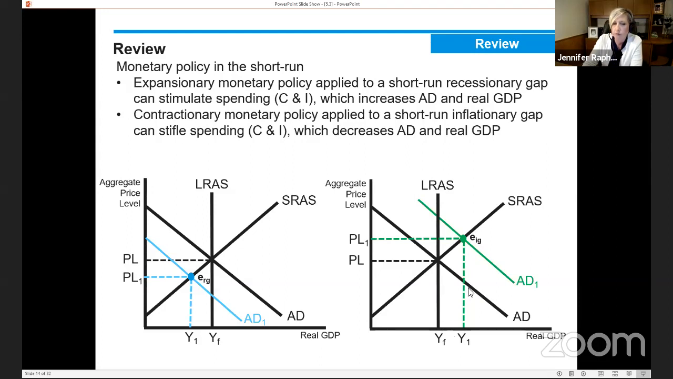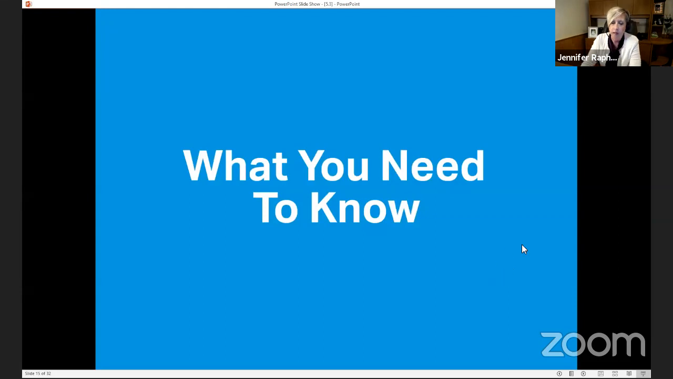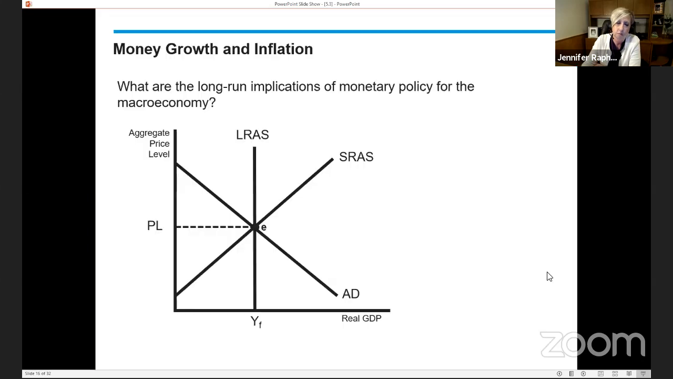Okay, so we've learned about monetary policy in the short run. So now we're ready to get into what you need to know about topic 5.3. And what we're really looking at in this whole unit are the implications in the long run of fiscal and monetary policy. So we're starting here with monetary policy in the long run. So the question we want to be able to answer is, what are the long run implications of monetary policy for the macroeconomy? So we're starting here with an economy in long run equilibrium at full employment levels of output,